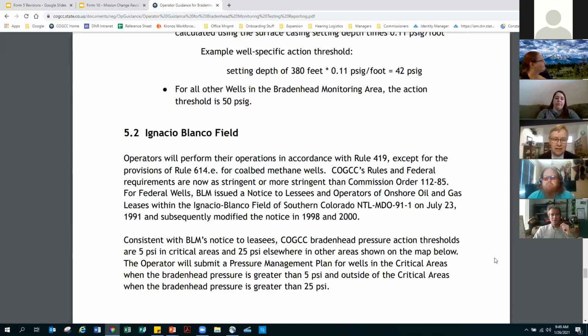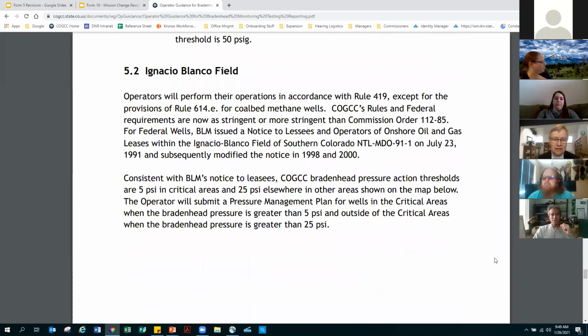Describes the Ignacio Blanco field, which has one of the oldest braidenhead test areas we know about, back in the early 1990s. So there are some lower thresholds there, and there's a lot of history to that. If you want to know about that, I guess you'd have to have me do another presentation,